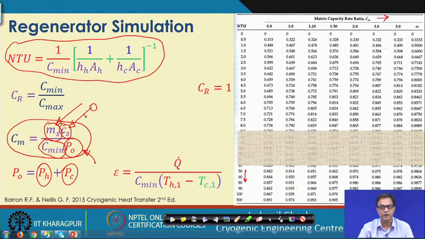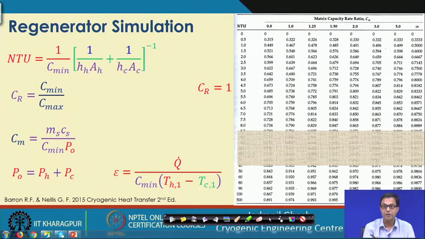Cs is the specific heat of the solid, and that is temperature dependent. So, when it is temperature dependent, particularly if we have to design a regenerator for cryogenic application or low temperature application, you will find that the